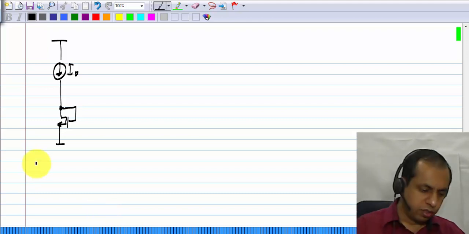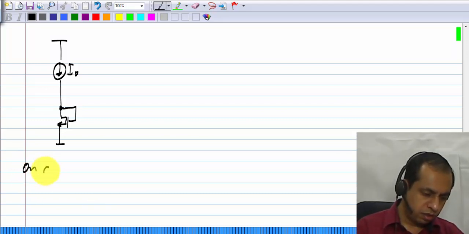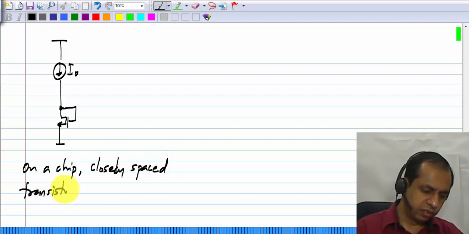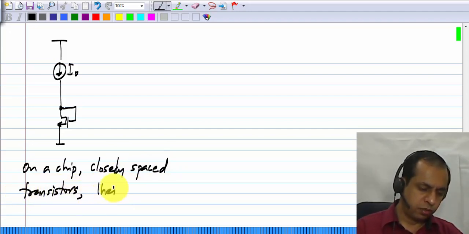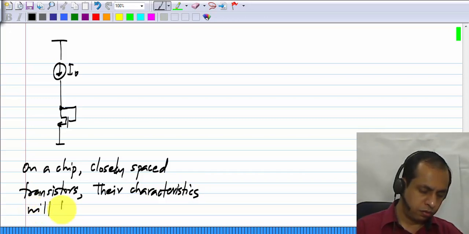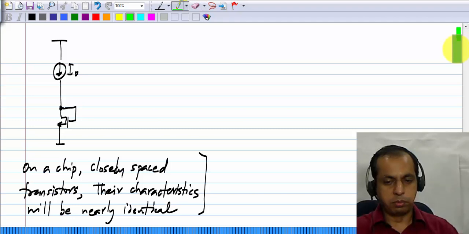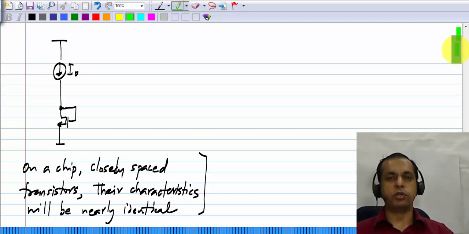Okay, so on a chip, if you have two closely spaced transistors, then their characteristics will be nearly identical. There will be slight differences, but the differences will be much smaller than if you take two separate individually packaged